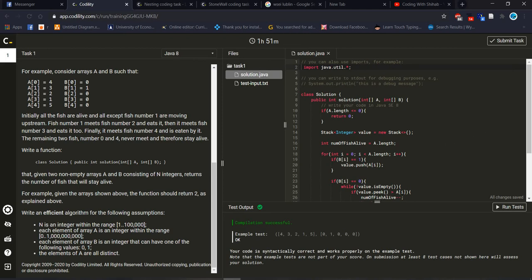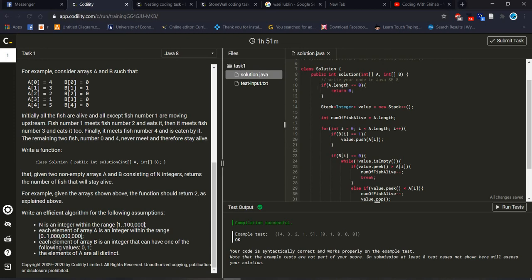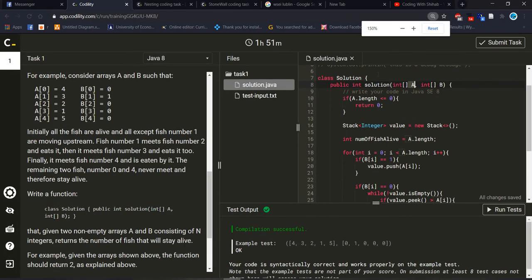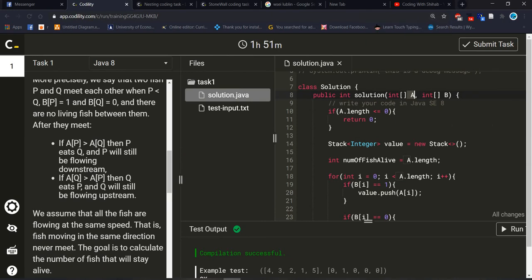Now we should clear our logic, what I did. At first I am checking for a special case. I hope now it's clear. At first I am going to check the special case if array A is empty or not.